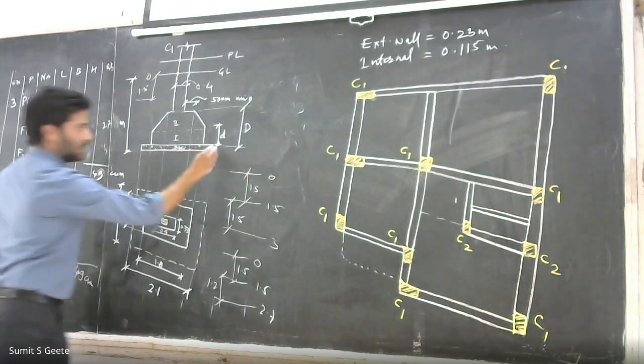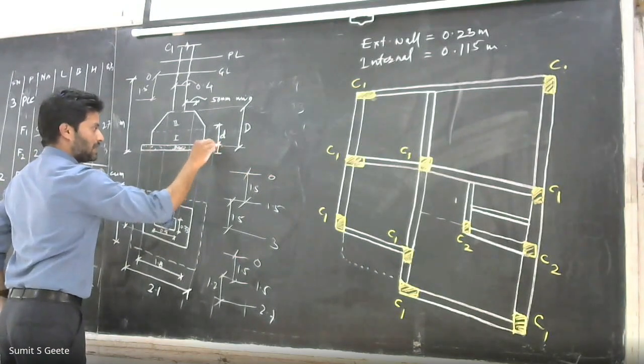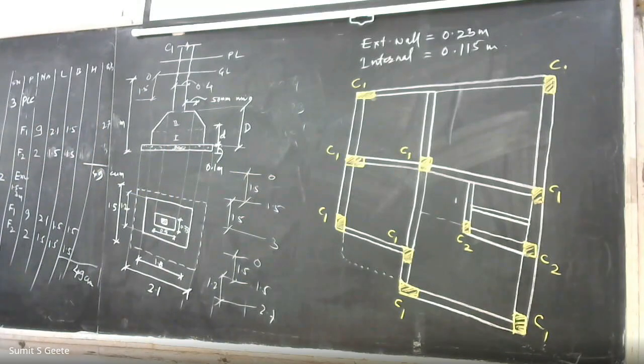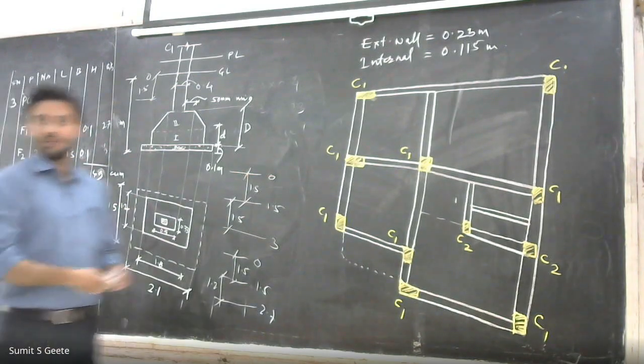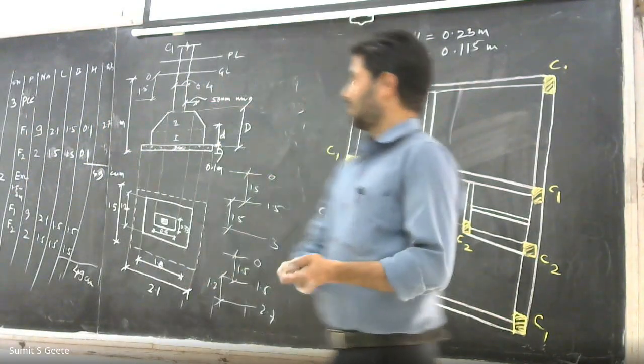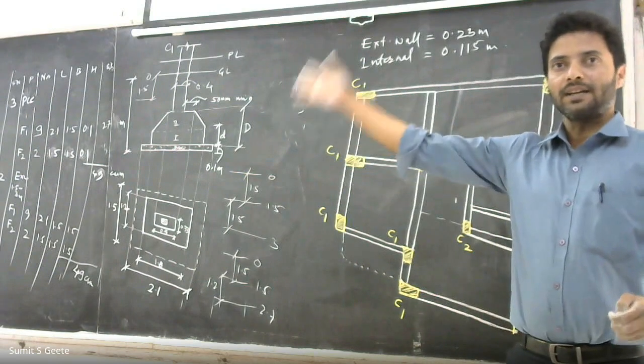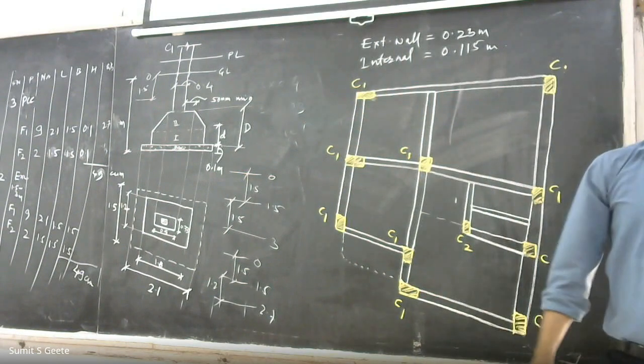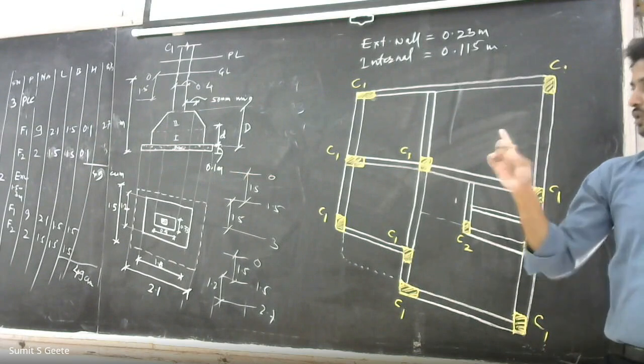This is called the thickness of PCC, which is equal to 0.1 meter. So therefore, I am writing 0.1, 0.1. Number of footing उतने रहेंगे, F1, F2, number भी same. ओके, थर्ड पॉइंट की